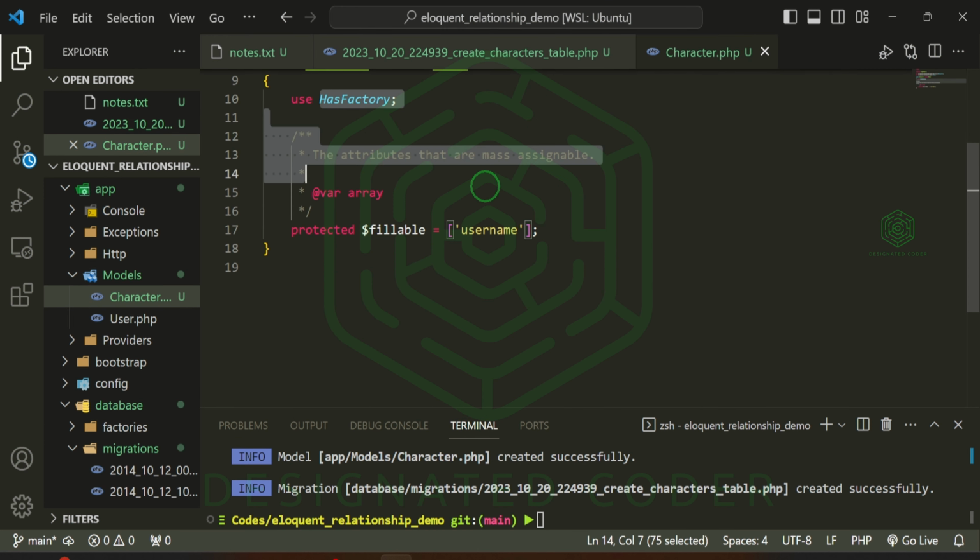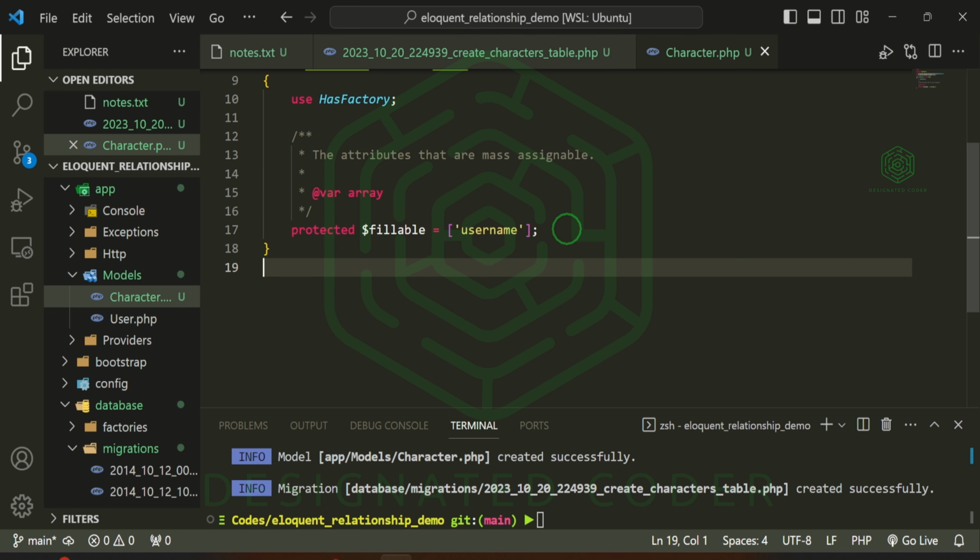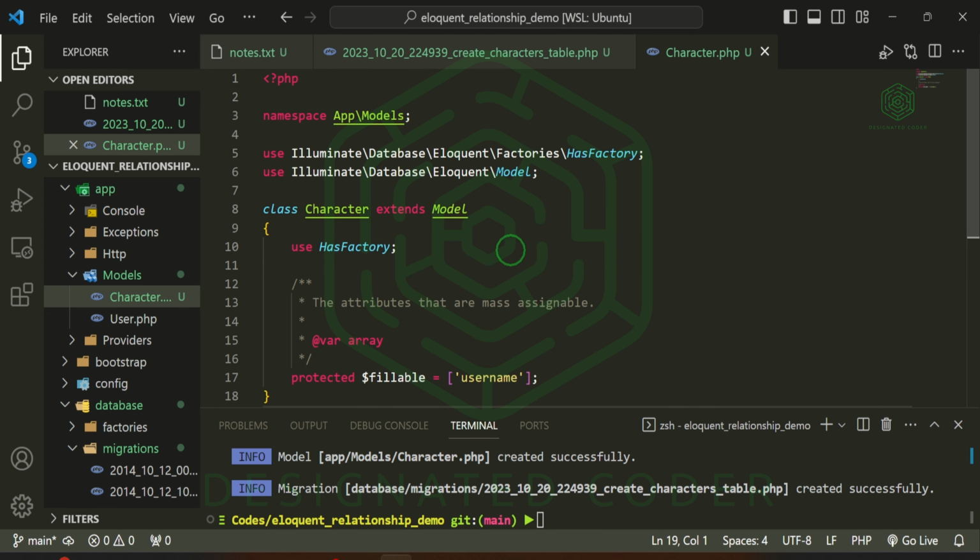So we have the fillable in here. You can also do guarded. Not a big deal, not entirely crucial to what we're doing. Something that I do want you to be aware of too is that we are using the conventional methods for dealing with these relationships. The reason that we're going to do it the conventional way is because it avoids a lot of other things like